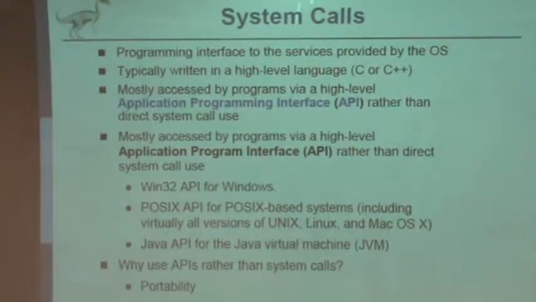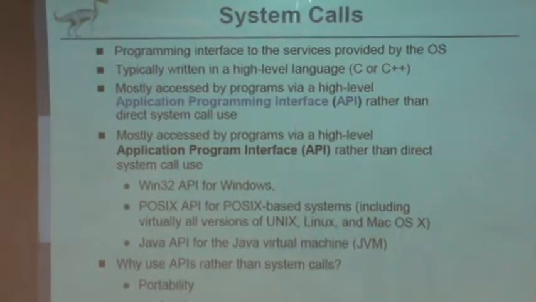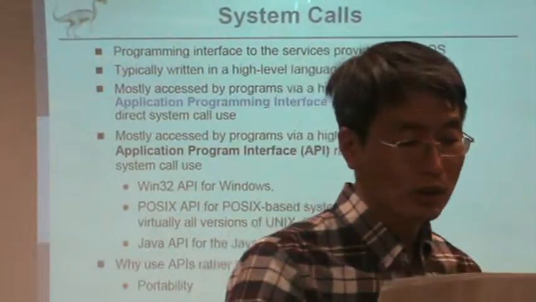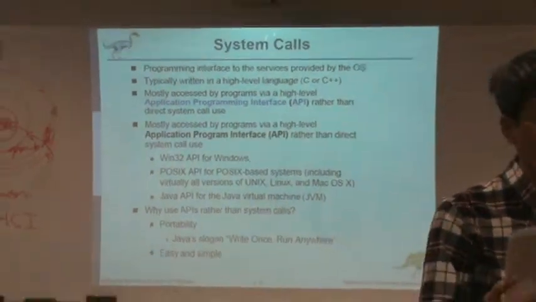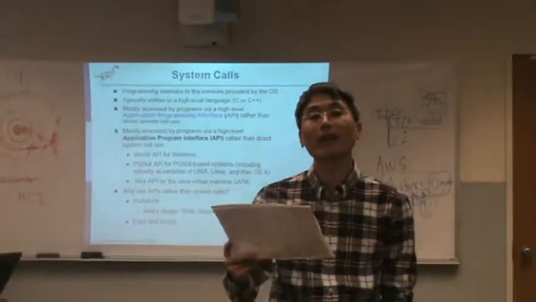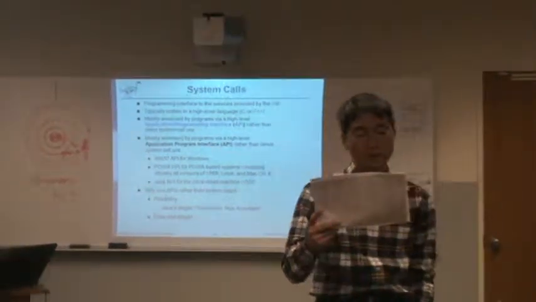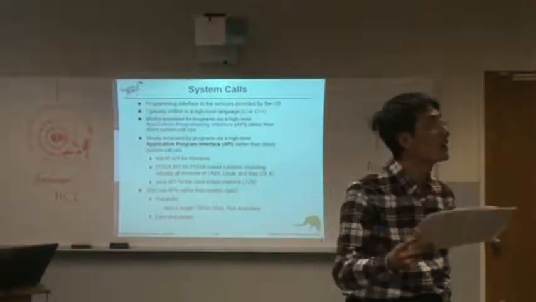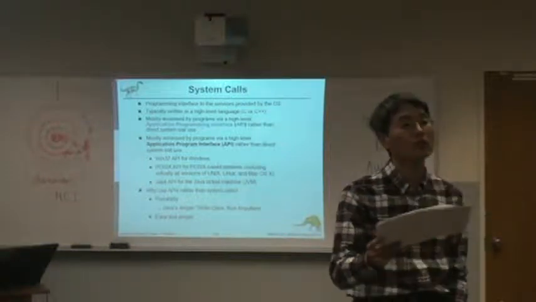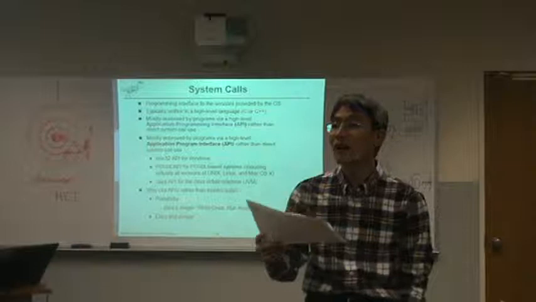Okay. So, for example, if you take a look at the Linux system call list in the handout, this is the list of the functions that you can use. For example, if you want to create a new process in Linux, you can use number 2, fork, which creates a child process. Right? You can use this function to create a new process, as well as